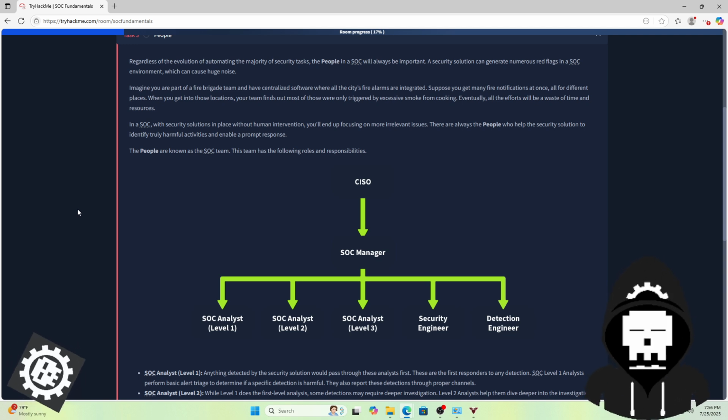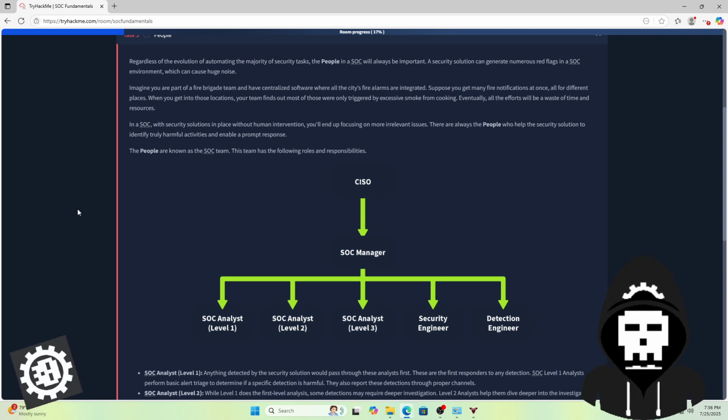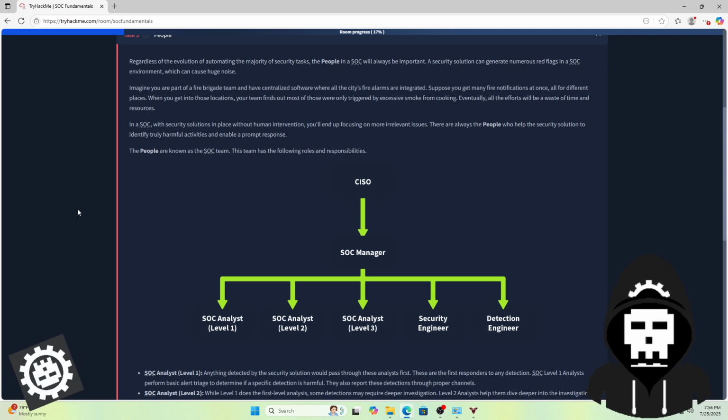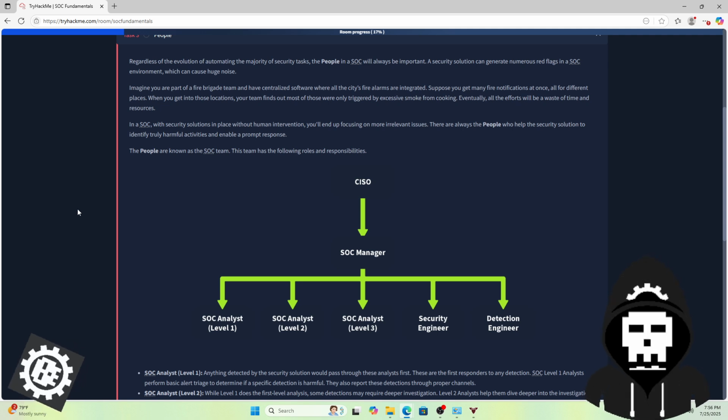So a lot of people always ask, we pay all this money for these different security products, why can't we just use those security products as our SOC? The answer is sometimes these tools will either generate what's known as a false positive, or maybe they accidentally quarantine something they're not supposed to. So it's always really important to have that human element on the other side of things, especially in a SOC.